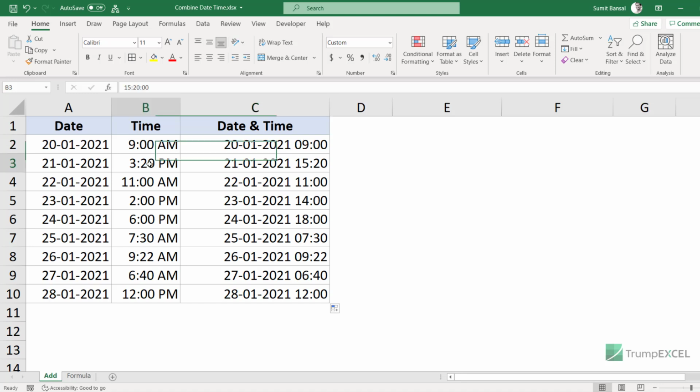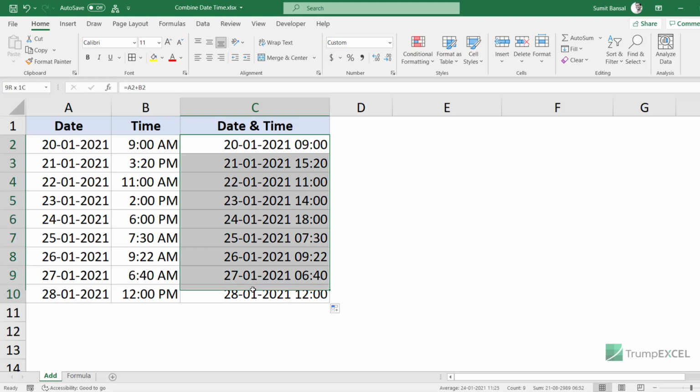For example, if you see here, the time was 3:20 p.m. but in this case it becomes 15:20. So there is a date and then a time in the 24-hour format. Now if this is not the format you want, you can easily format it. In case you do not get it in this format, in case you get simple numbers with an integer portion and the decimal portion, which is how Excel stores dates and time values, then you can also easily change this.